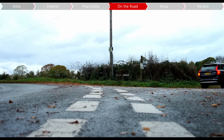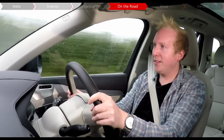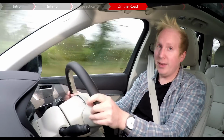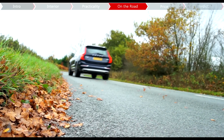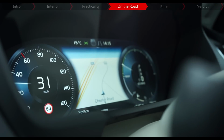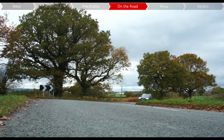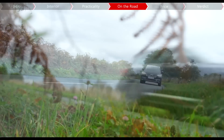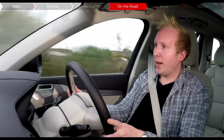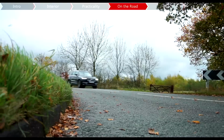It might not be a stretch saloon, but there's something about the Volvo XC90 that makes me feel a bit like a chauffeur. And that's because you feel like you want to convey your passengers to their destination as smoothly as possible. And it's something the XC90 is very good at. There's this really smooth 8-speed automatic gearbox, and the suspension's very good at soaking up bumps. This car's on a standard suspension setup, but for £2,150, you can also have adaptive air suspension, which improves comfort another notch again. It's respectably poised in the bends, and while it can't quite match the outright handling of the Q7 in its dynamic mode, it does have plenty of grip and there's not too much body lean in most